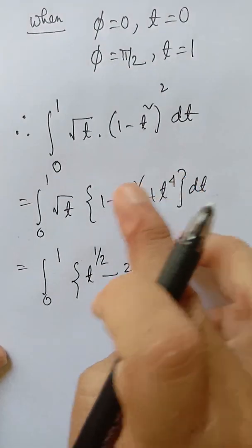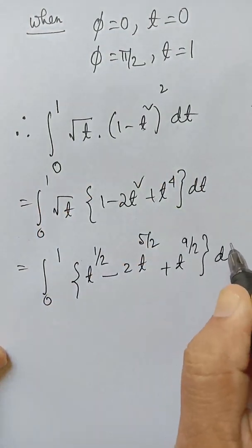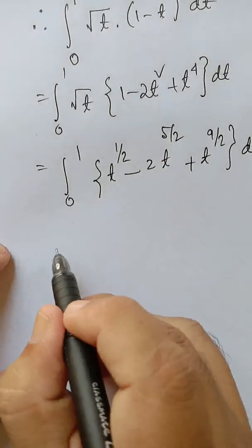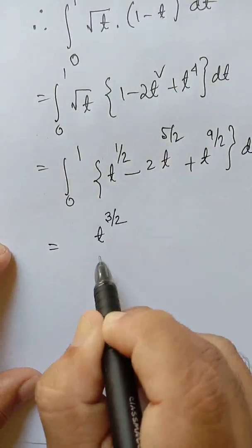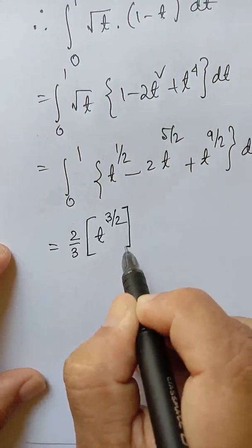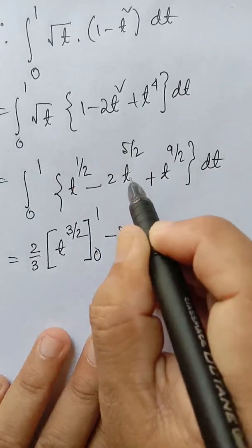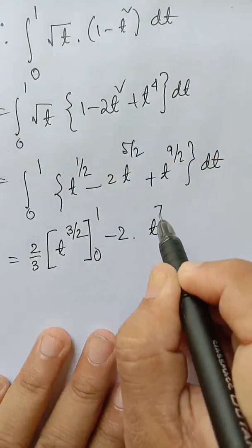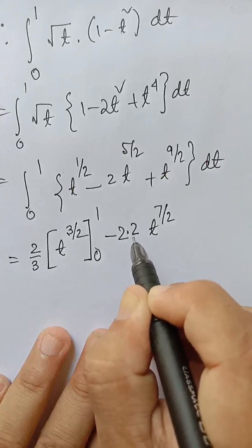T to the power 4 into root t is t to the power 9 by 2 dt. Now we will integrate. Integration of t to the power half is t to the power 3 by 2 by 3 by 2, which will be 2 by 3 into t to the power 3 by 2, minus 2. Integration of t to the power 5 by 2 will be t to the power 7 by 2 by 7 by 2. So it will become 2 into 2 by 7,